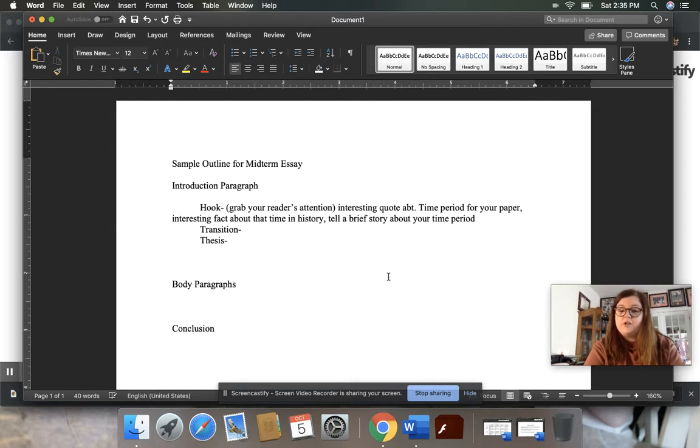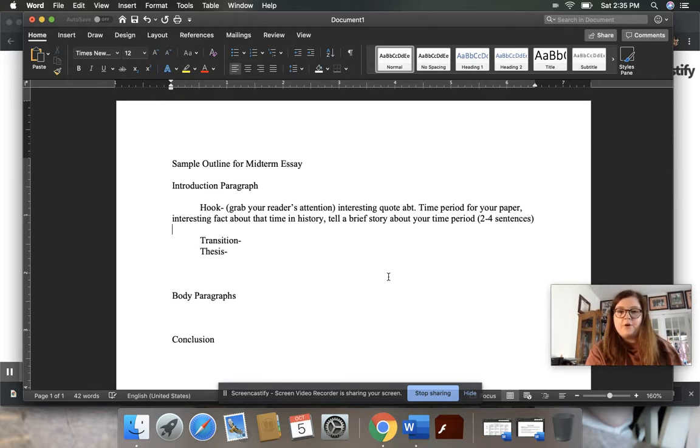That would get your reader interested. Your hook can really be anywhere from about 2 to 4 sentences. And I say that for this paper. If I was writing a 10-page paper, I might even have a hook that's almost a paragraph at the beginning to really get my reader into what I'm going to tell them about with history, and then I'll go into my other facts. But in this hook, the purpose is, again, to grab your reader's attention, and